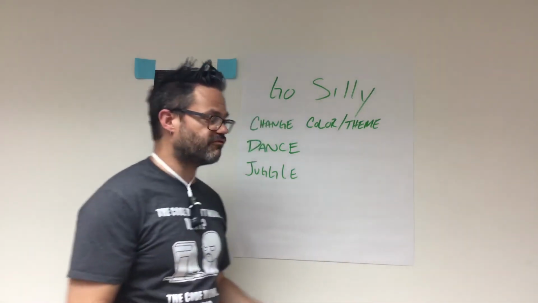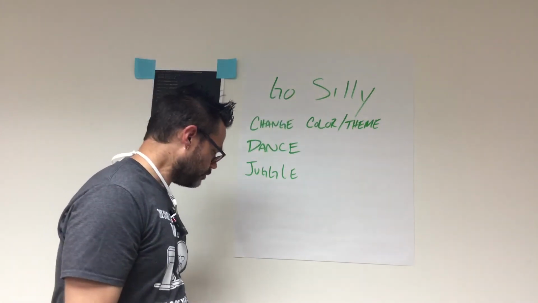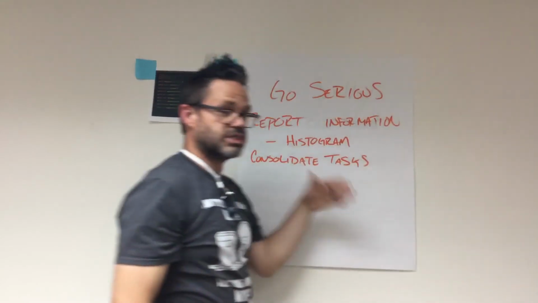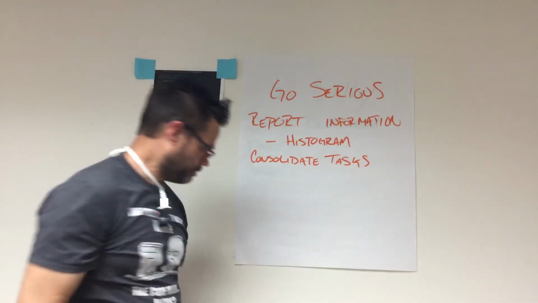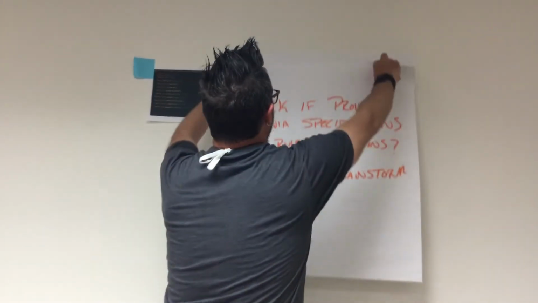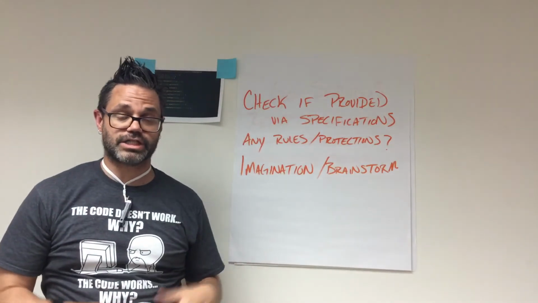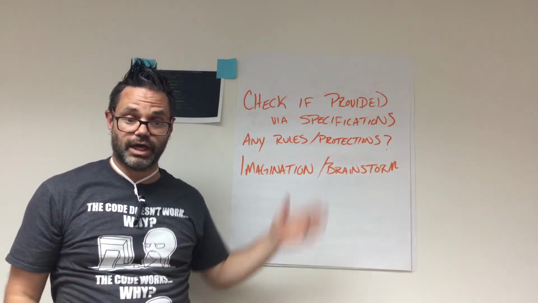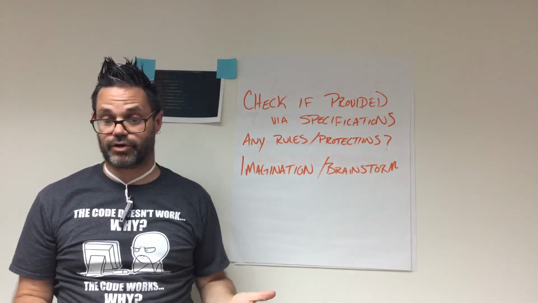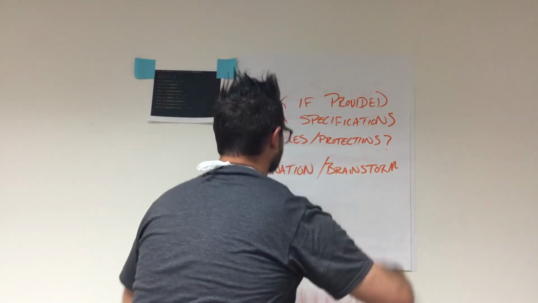And so by having some fun, by taking a look at some of the silly things that an object can do, going back over and looking at the serious options that an object can do, looking back at the actual specifications and what's involved with the actual use of the object, and looking at what is already specified before we try and create new things if it's not already existing, because we don't want to replicate existing work. And finally,